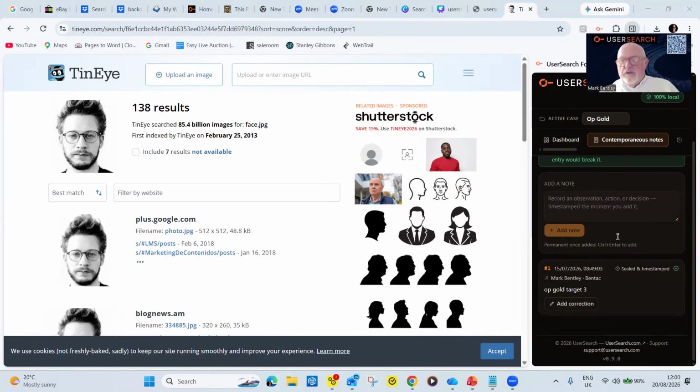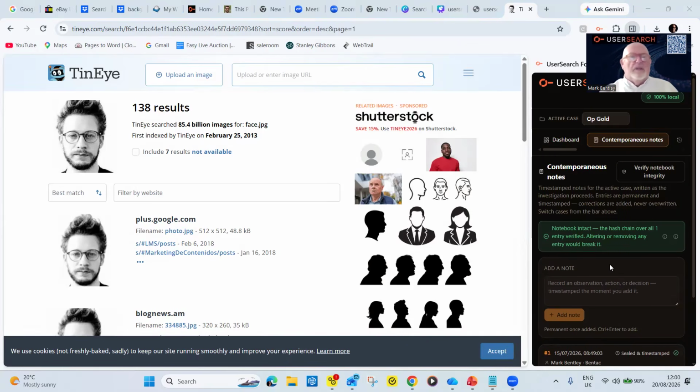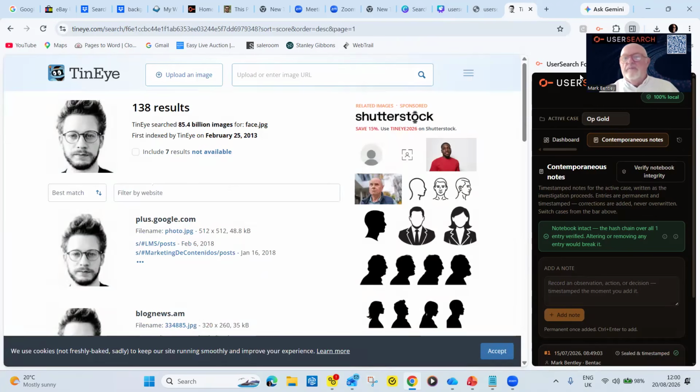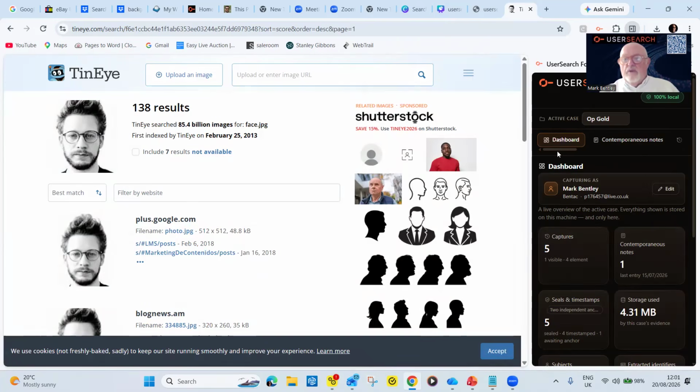And let's just have a look. So yes, I've got, I can call it target 3, I can call it whatever. I can choose another picture and I can save that picture. And I just press the wrong button. And yeah, so I can choose whatever I want here. I can have it as an active case, as a closed case, all sorts of stuff. So let's get back to the slides.